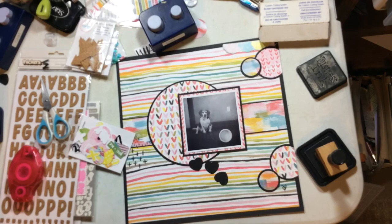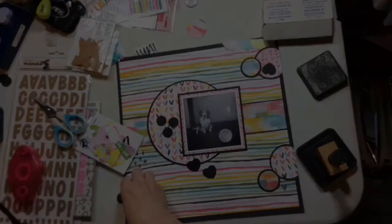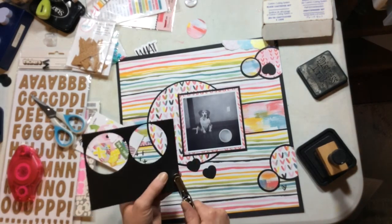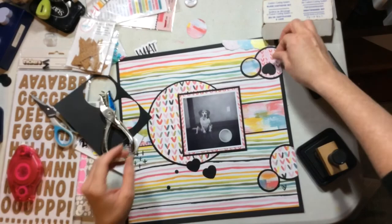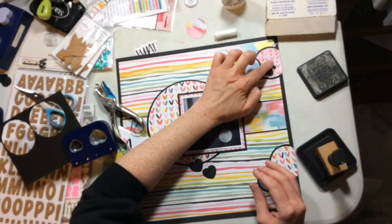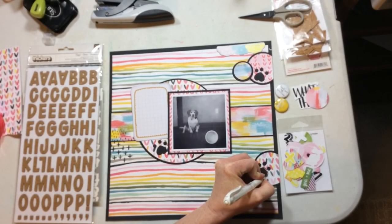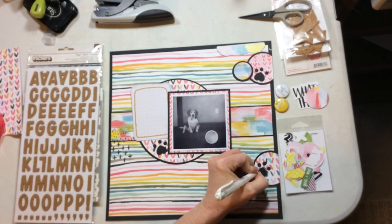So what I did here was I'm going to punch a bunch of hearts, and I'm going to use these hearts and some little circles from my office supply circle punch. That's what I used. So I'm just going to go ahead and punch those out. This is the only nod to the fact that this layout is about a story about a dog. I don't generally like to use really themey products, or if I do, I like to use them in unique ways. So I don't have a ton of dog products, but for this layout,